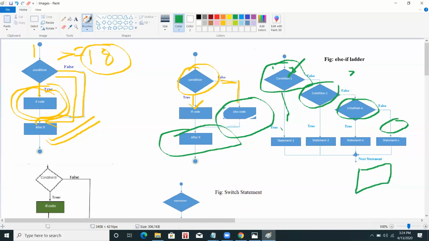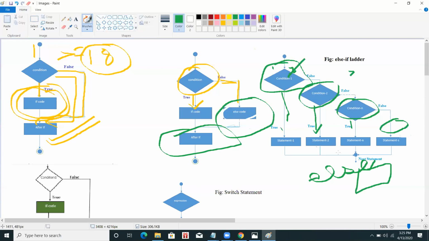If it starts with C, give him this roll number. So different conditions are being checked. Whichever condition becomes true, the part belonging to that condition gets executed. If all the conditions become false, the else part gets executed.